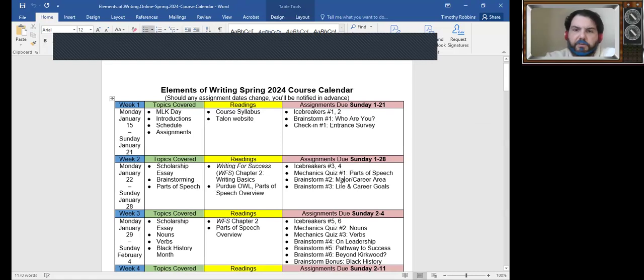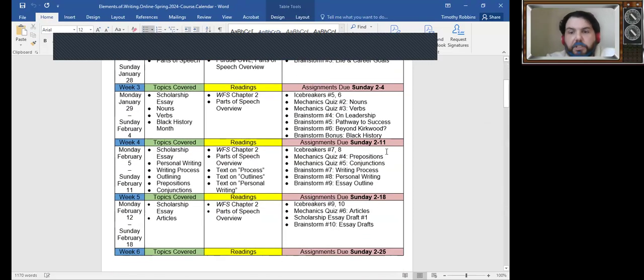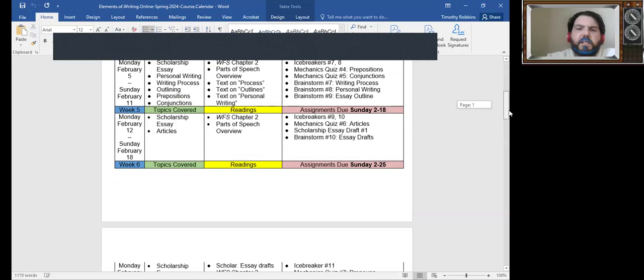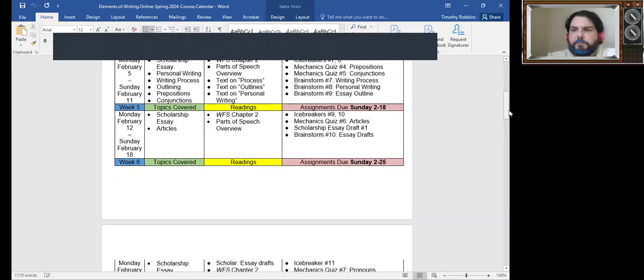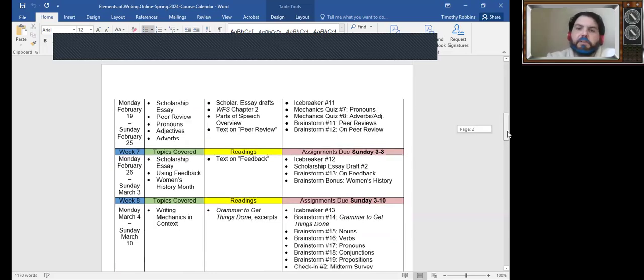What's your major? What are your career goals? At the same time, introducing the so-called elements of writing: parts of speech, nouns, verbs, sentence structure, prepositions, conjunctions, articles, and so forth. And the course basically weaves in and out of that kind of sequence